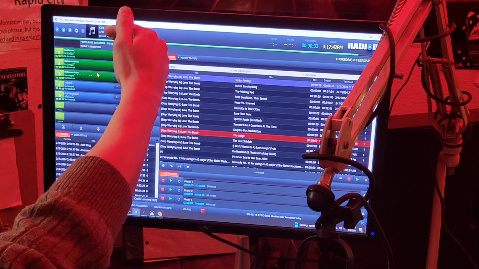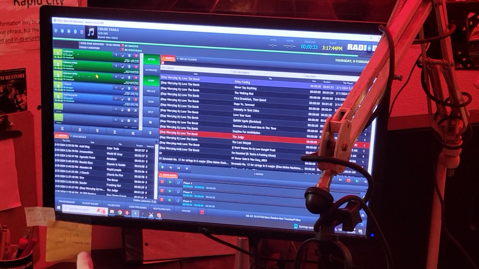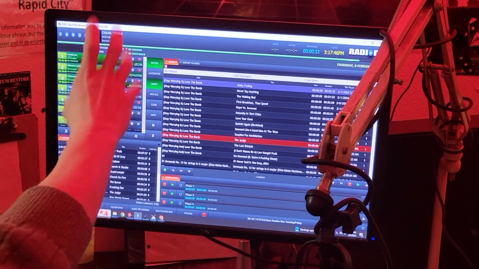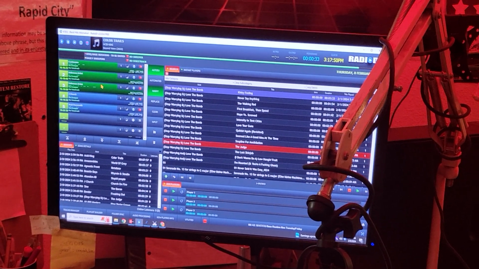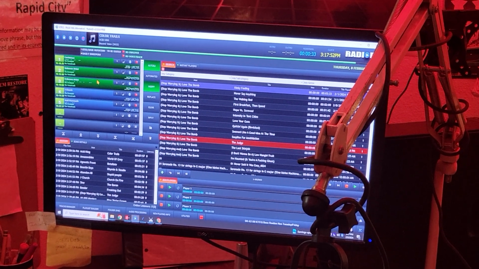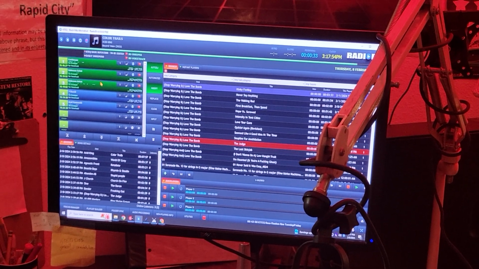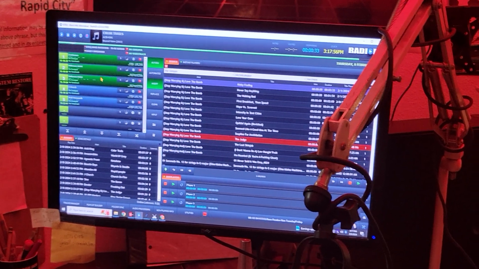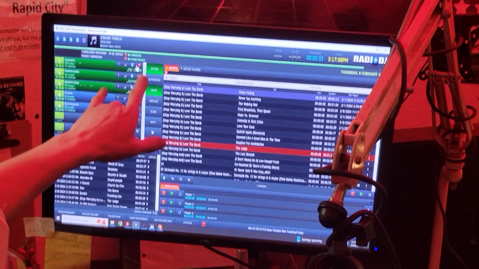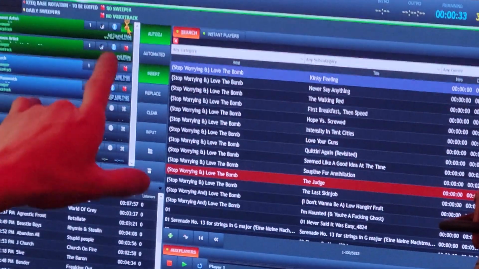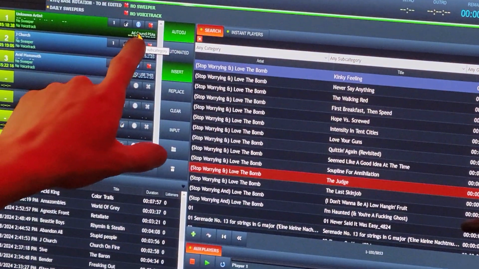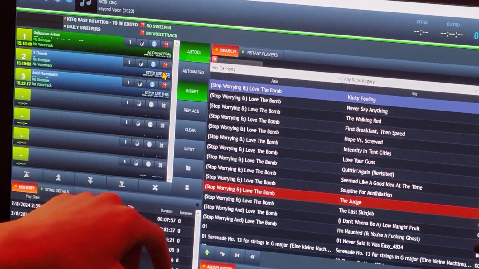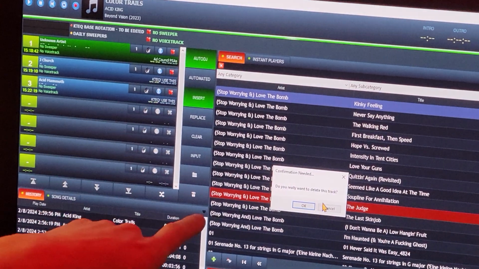If you have a long show, when you start it back up, it'll play like 10 minutes of PSAs and identifiers, and I don't know how to fix that yet. So you can just go in here and get rid of those, the green ones, until you'll see down here if it's a PSA or an identifier.